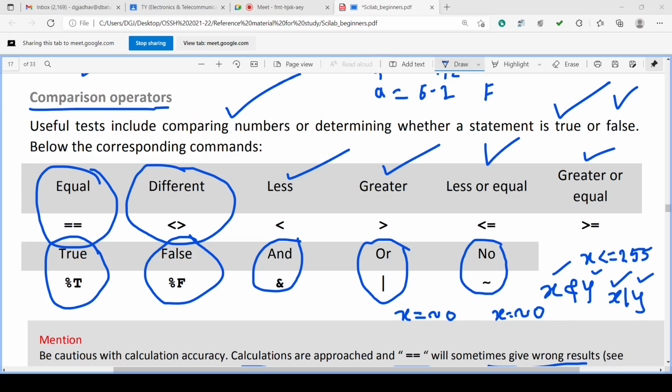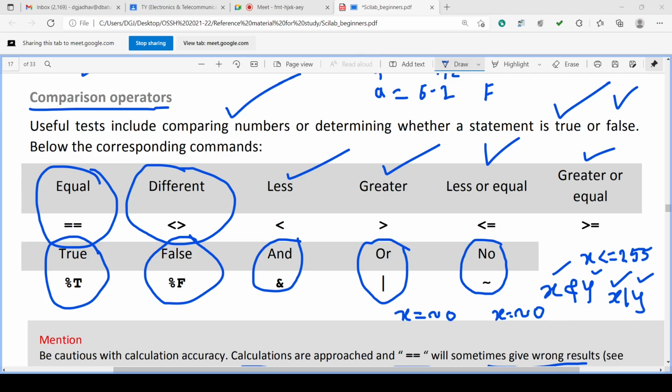So you can compare two numbers directly, or one variable and one number, or two variables. All the combinations are possible. So this is the difference between one equal symbol and two equal symbols used in the program.